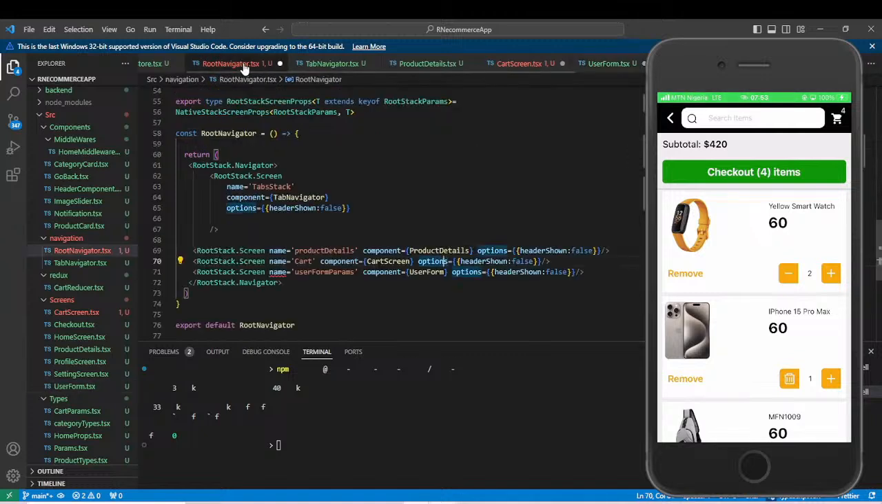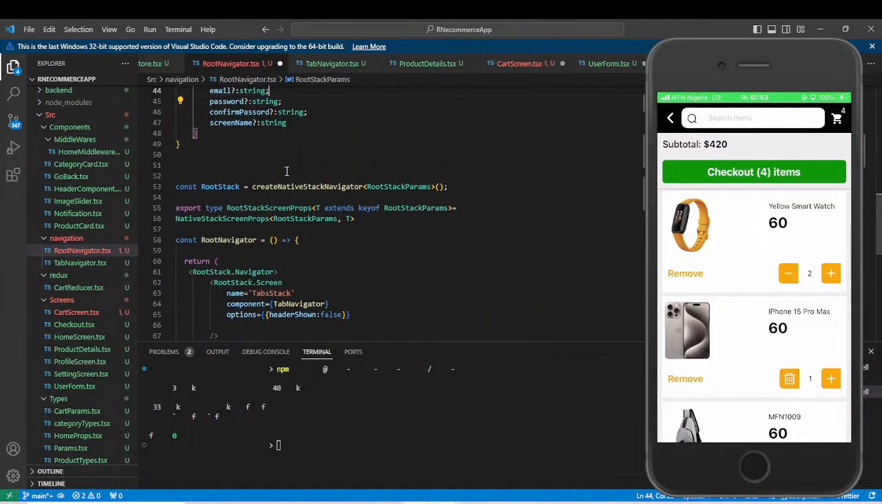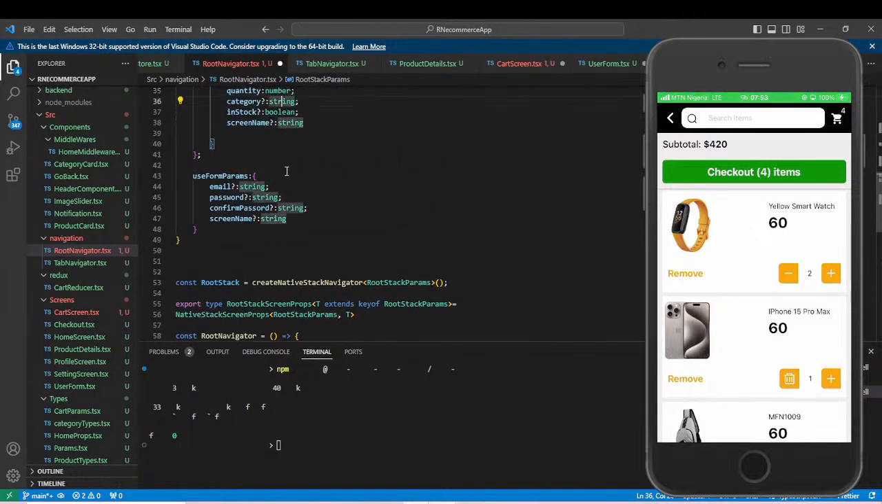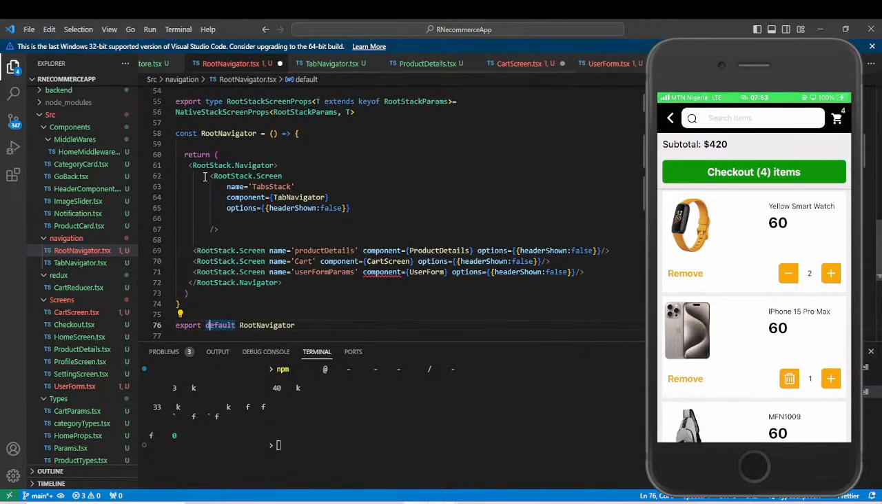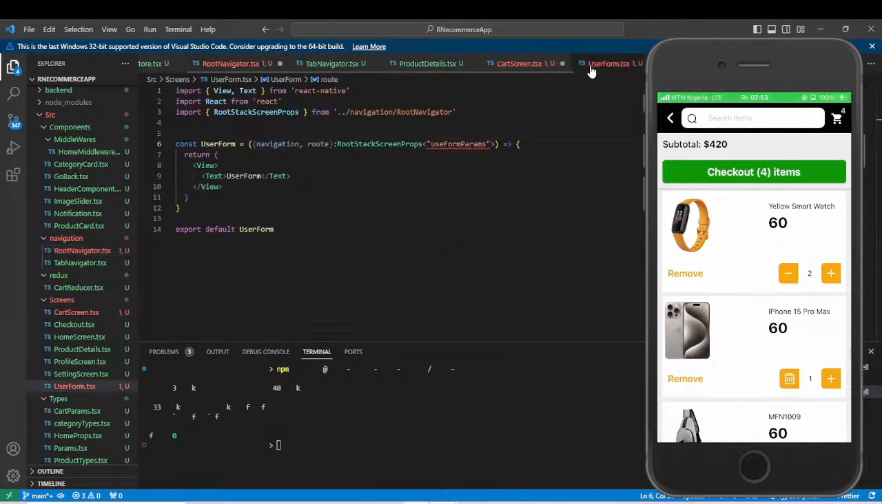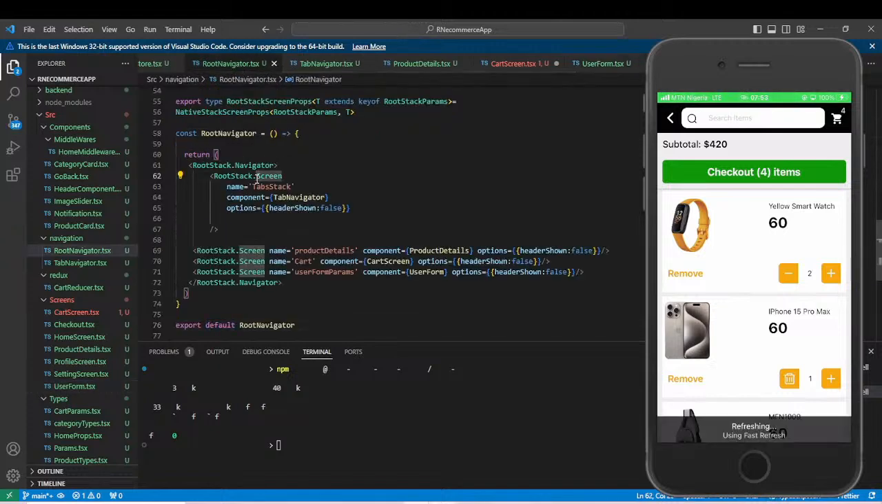Then we'll go back to our navigator here, user form params. Why is it throwing an error? Oh, I called it use instead of user. That's why we're having an error there. So in here, we're going to add the R to it, and everything is fine. So we can also save this one here as well. Everything is working well. So we've added this. So let's go